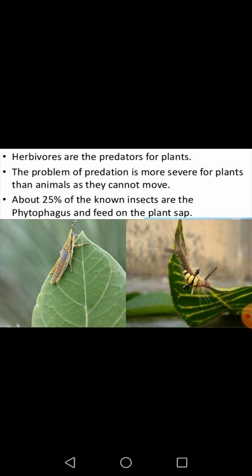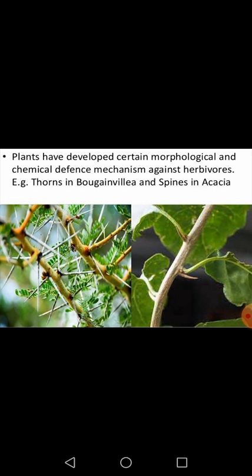And about 25% of the insects are phytophagous, means of the total number of the species, there are 25% of the insects who are feeding on the plant sap as well as the plant products. So the plants have to protect themselves from these insects or some other predators. So plants have developed some morphological or chemical defense mechanism against the herbivores, like thorns of the bougainvillea, you can